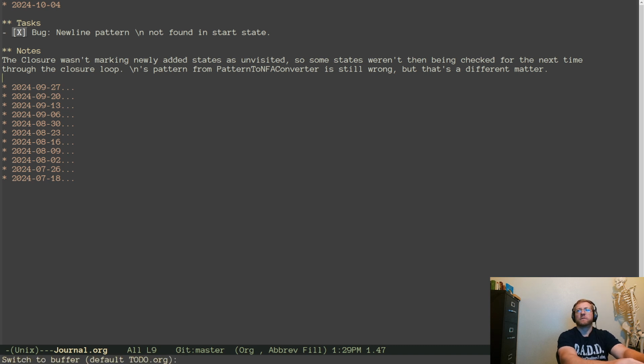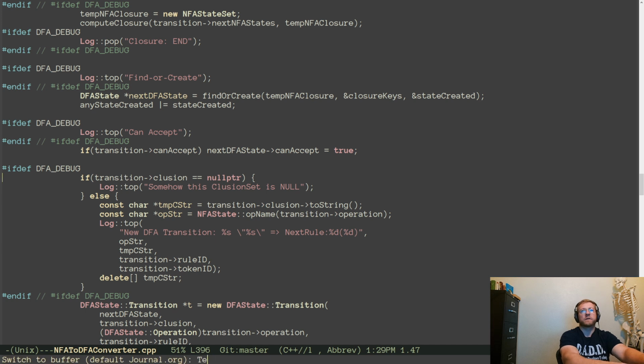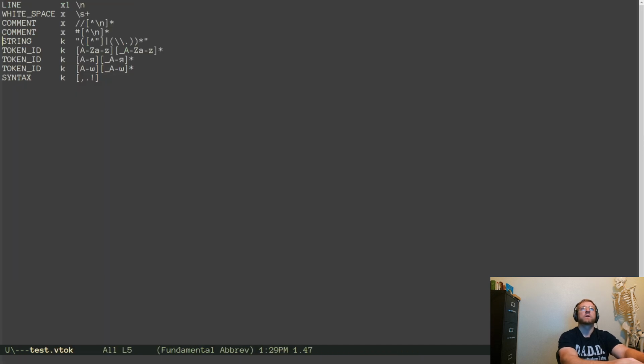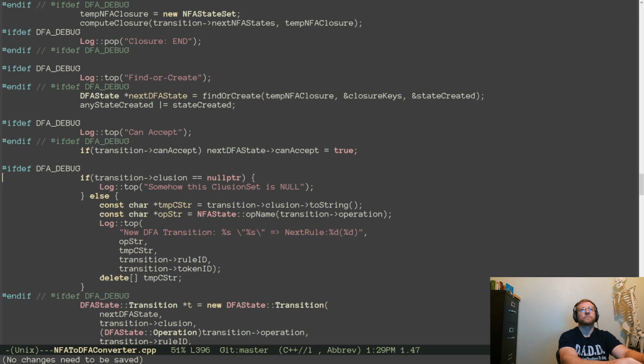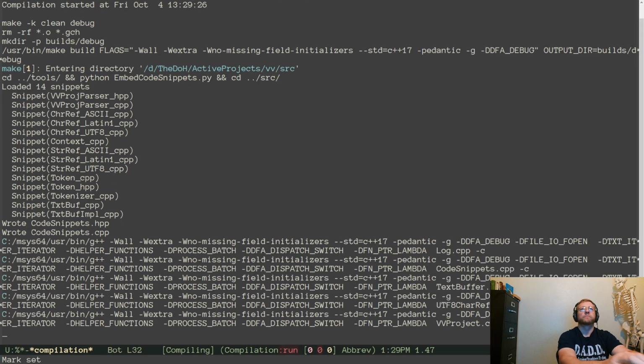Okay. Go to NFA to DFA converter. Okay, we're gonna go to test.vcode. We're gonna take this one out. We're not testing that right now. Do a full clean and debug.